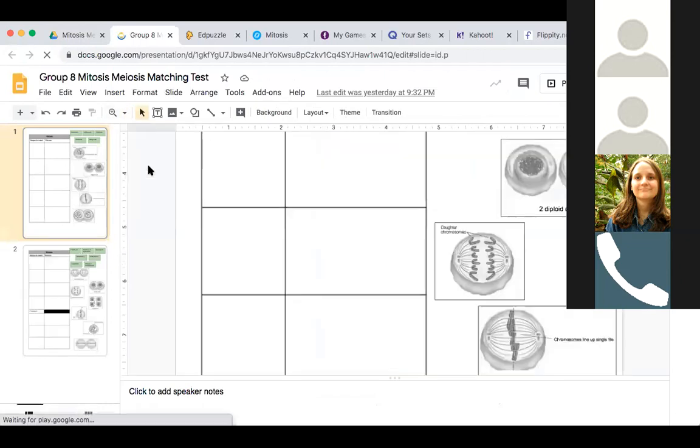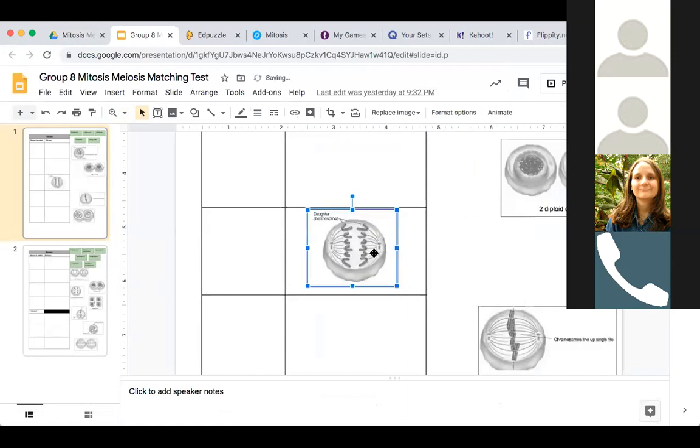And then I can pop around between the different groups. I can click on their link as well, and I can check on their progress, and I can say, oh yeah, so see, that's not metaphase. Those sister chromatids are being pulled apart. That's anaphase. And I can talk to them and interact with them, because I can also open their link and see how they're doing. So I have to say, this has probably been the best feedback from my students, is allowing them to work in this collaborative way on these drag and drop activities. They love it. So any questions so far?